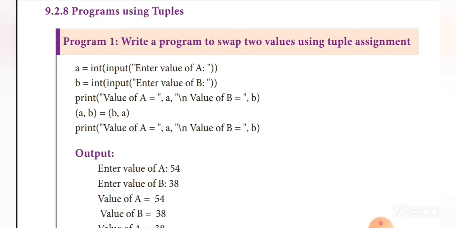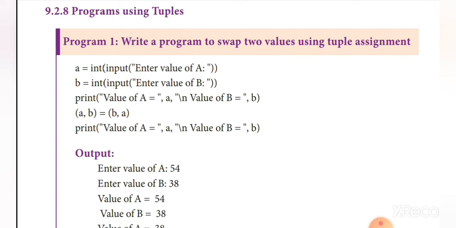So within double quotes, it's considered as string data. Okay, that is the message that can be displayed on the monitor. Here slash n is the escape sequence. It is used to move the cursor to the next line. Okay, so it just prints the value of a and b. Whatever value you are given, that same value can be displayed.